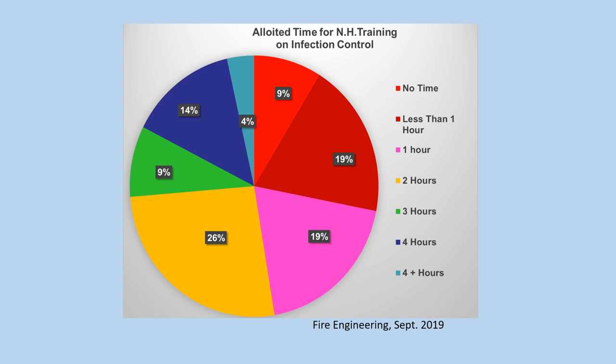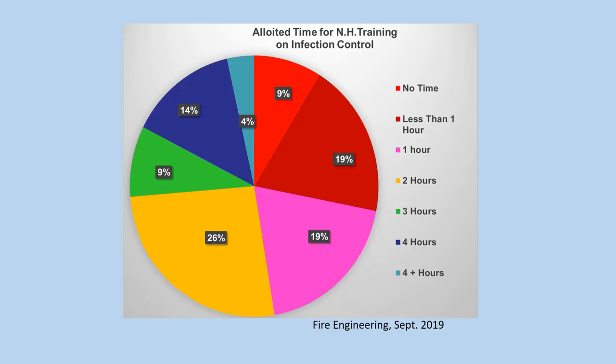As you can see, 9%, no time at all; 19% less than 1 hour; 19% 1 hour. Now we're getting into where we should be at a minimum. 26% get 2 hours, 9% get 3, which is probably the most ideal, and 4 hours or more, 14% and 4%. So there certainly is work to be done in some departments, even meeting the requirements set forth